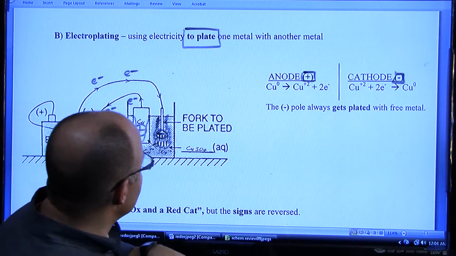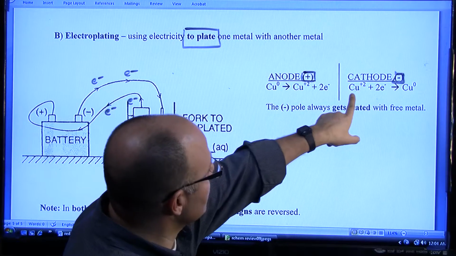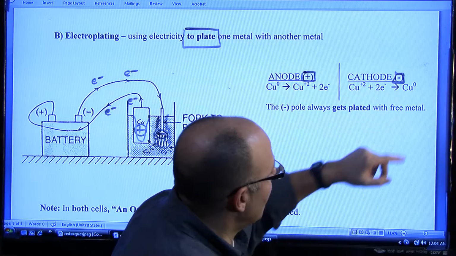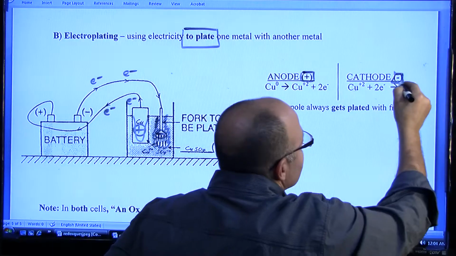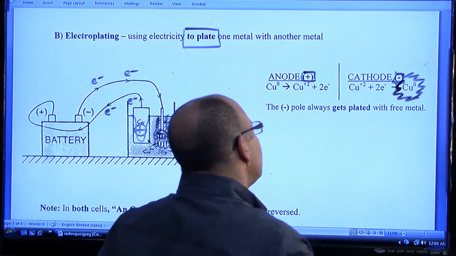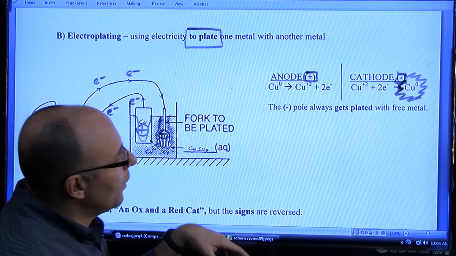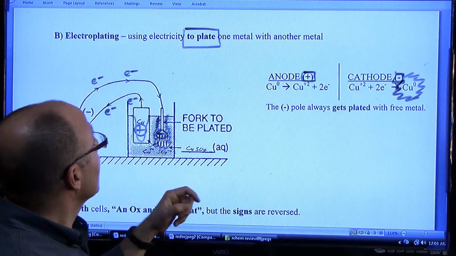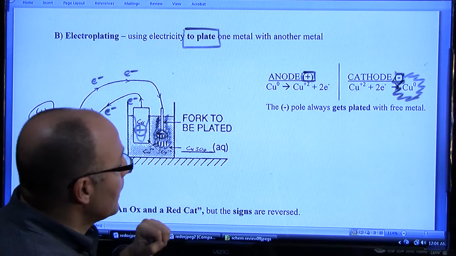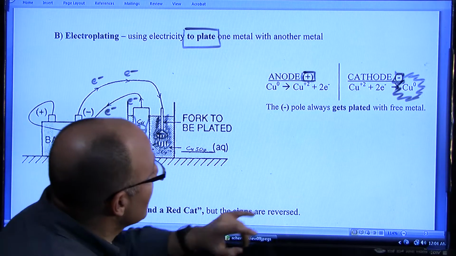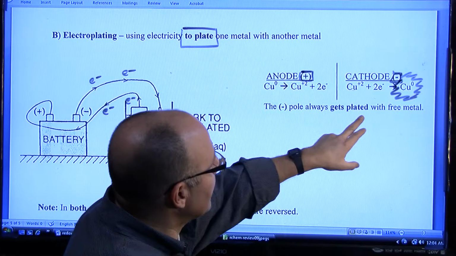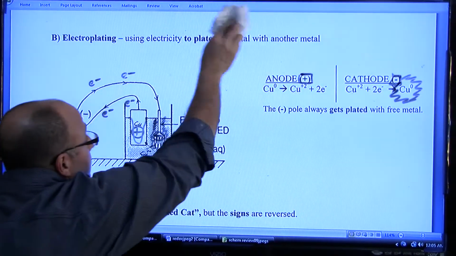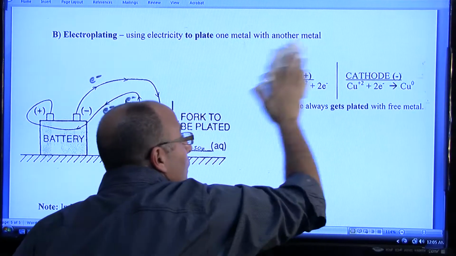And then on the opposite side, you have the copper ions that come out of solution, gaining those electrons that are coming from the battery and forming copper metal. And so that is the plating that occurs. In this case, the negative pole, just as in the electrolysis, even though the plating really isn't the point there, gets plated with free metal. And what I mean is, once again, in case I confused you, the negative pole here is the fork,